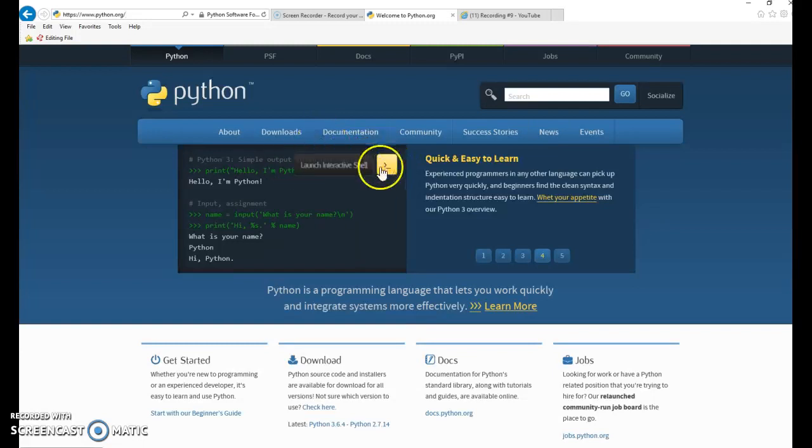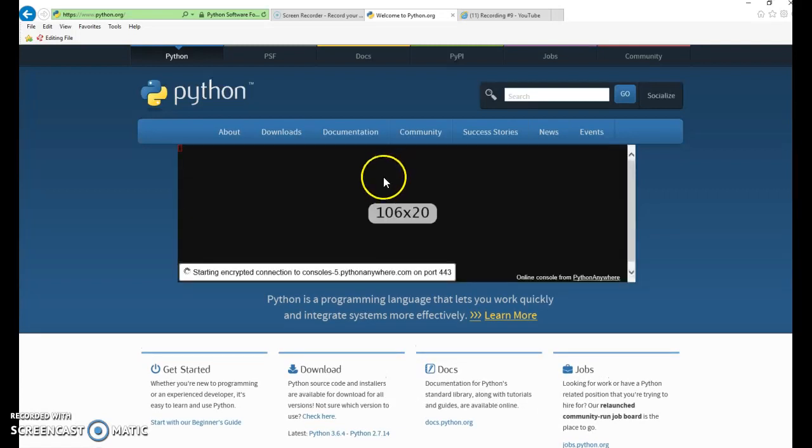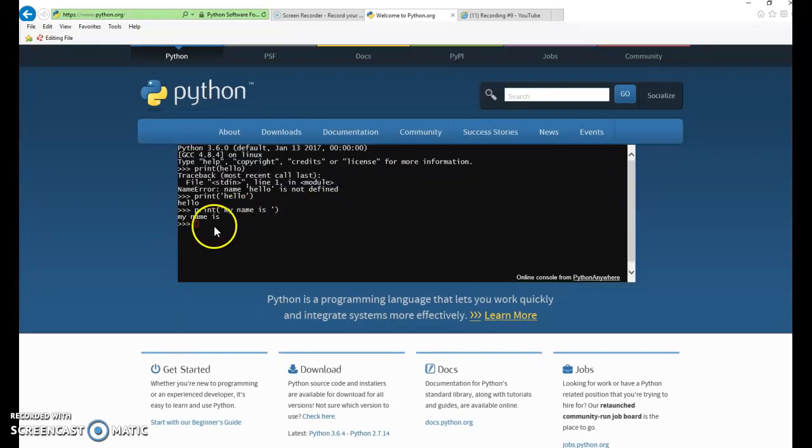See, this little button here is for launching an interactive shell. If you want to play with Python online and live, we can. So I just clicked on that. You can see there I've done a print hello world and return, and it prints the hello world. Okay, so I've got a little interactive shell there online if I want, but what we want to do is